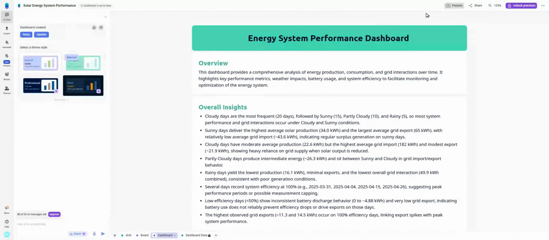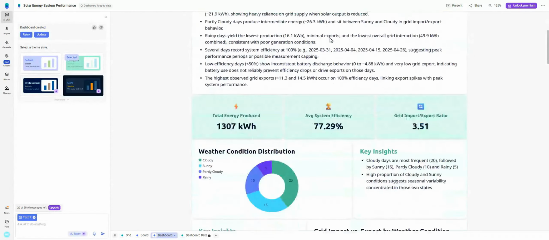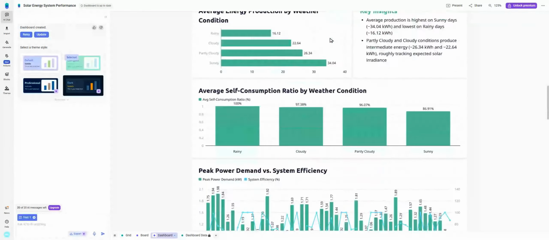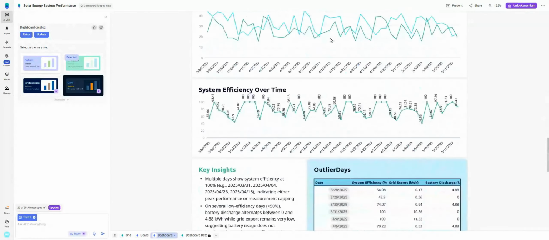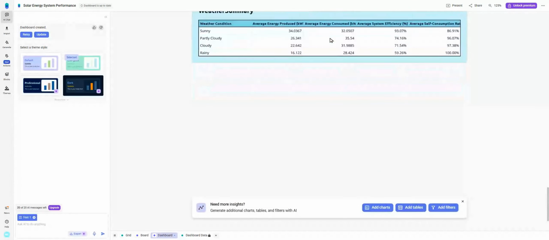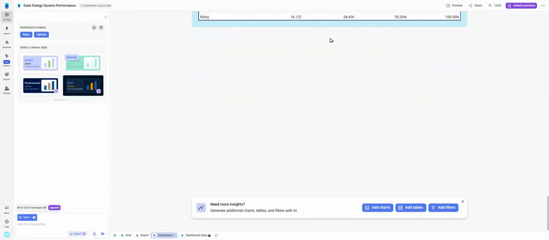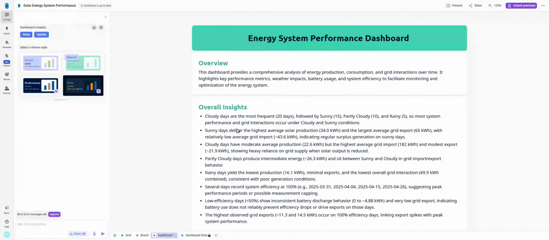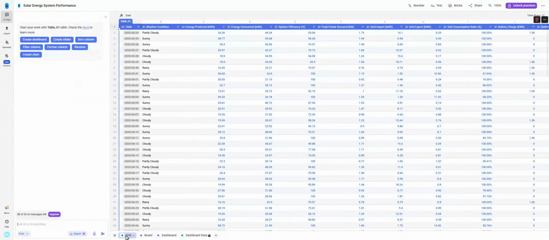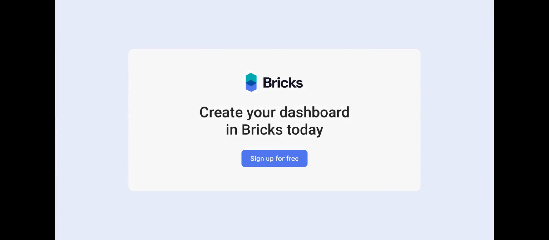Now let's enter presentation mode for stakeholder meetings. This full-screen view is perfect for presenting insights about energy production, consumption patterns, weather impacts, and system efficiency trends to executives and technical teams. We exit presentation mode and can explore interactive features, drill down into specific time periods, and